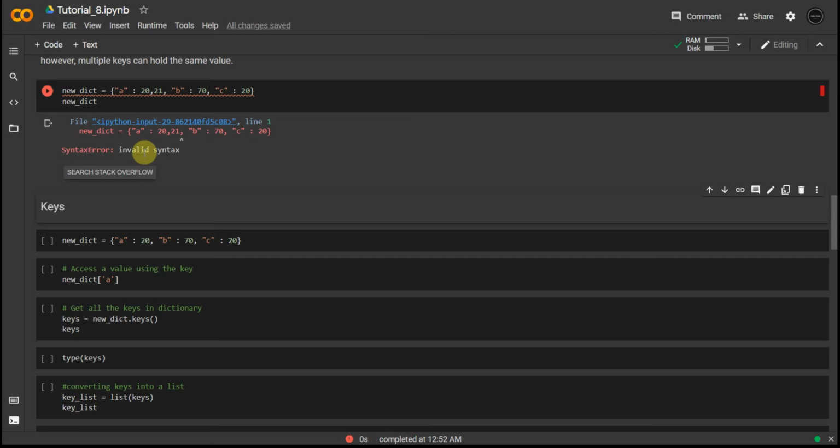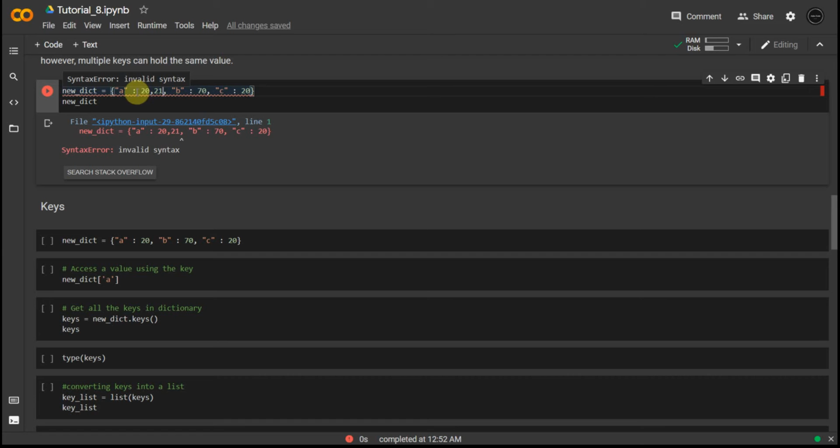We are not allowed to put any other data type or anonymous data inside this without the colon. Without the colon, it will just return errors like this. So don't try that, never try that.